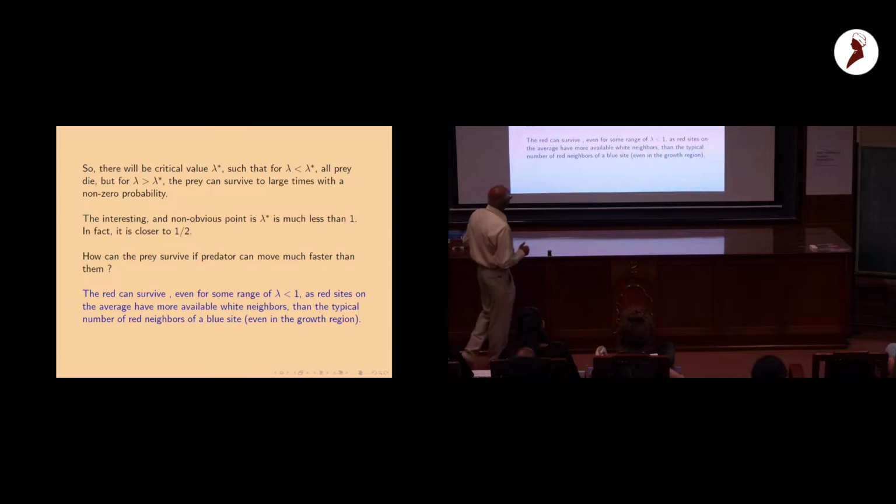How can the prey survive if the predator can move much faster than the prey? So this is sort of the hand-waving explanation. It says the red can survive even in some range of lambda less than 1, as red sites on the average have more white neighbors. So a red site on the boundary has 3 white neighbors. So at least one of them should be infected,